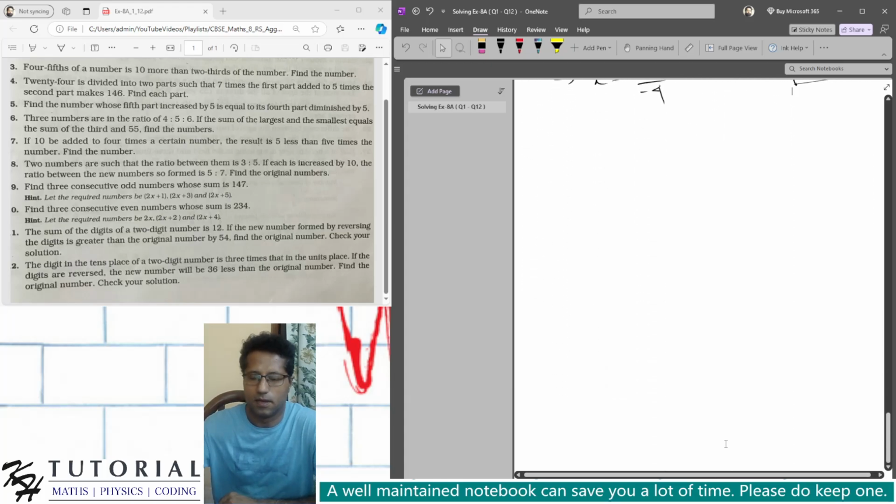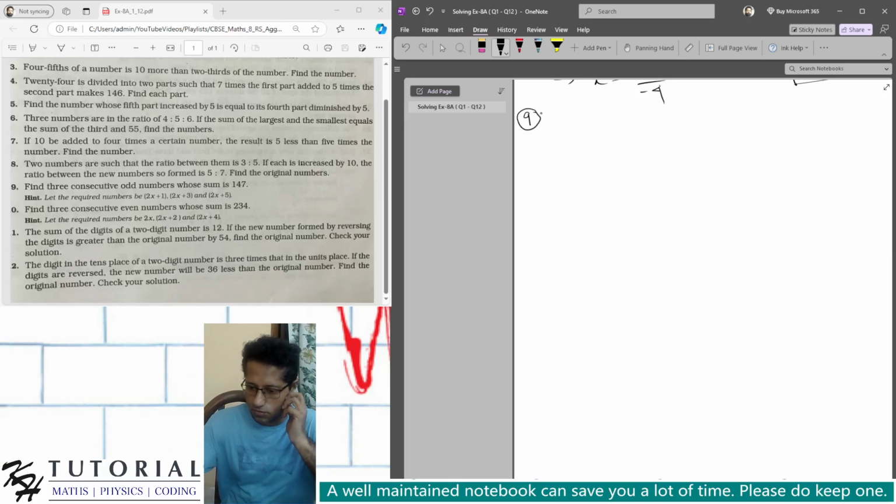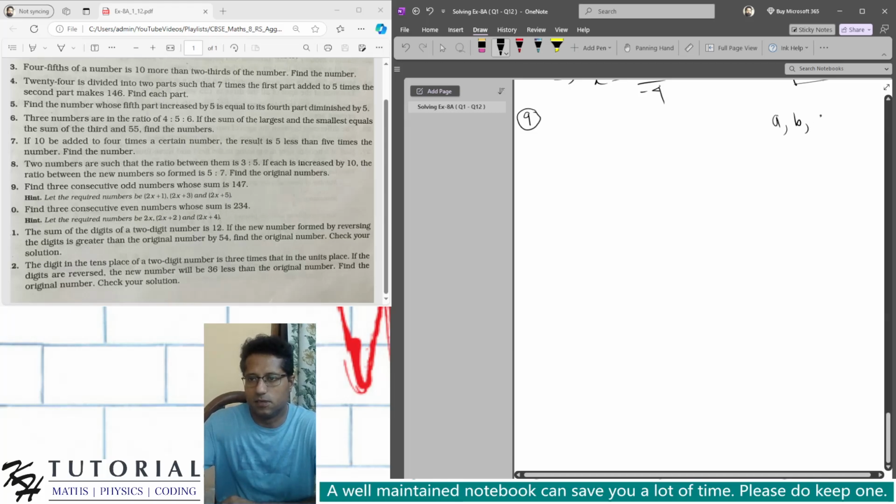Okay, let's do problem number 9. Find 3 consecutive odd numbers whose sum is 147. So we have to find the 3 consecutive odd numbers whose sum is 147. Now, the concept is that if A, B and C are 3 consecutive odd numbers,